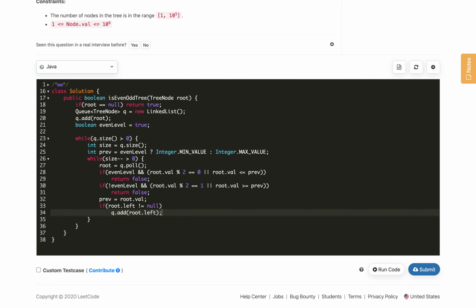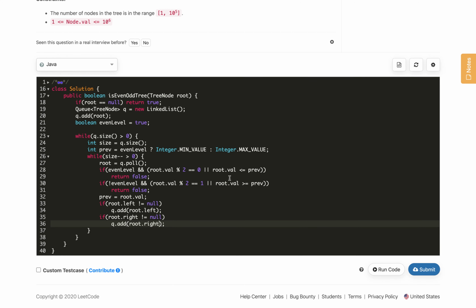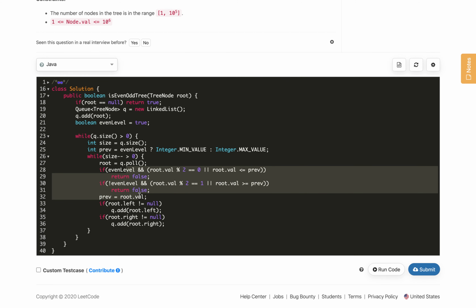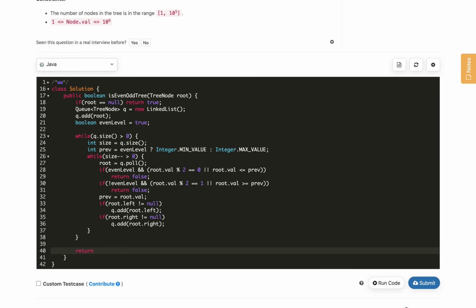Similarly we will do for the right child and add the right child into the queue. So these are the two invalid cases. We check first if it is satisfying, and if it is not returned from anywhere, then in the end, which means we have a correct even odd tree, we will return true.